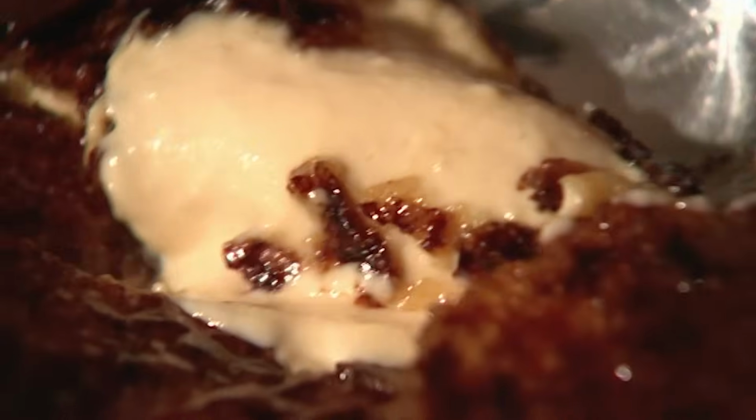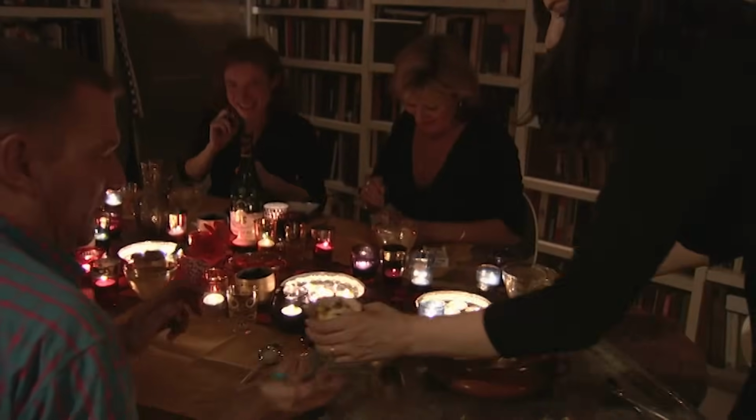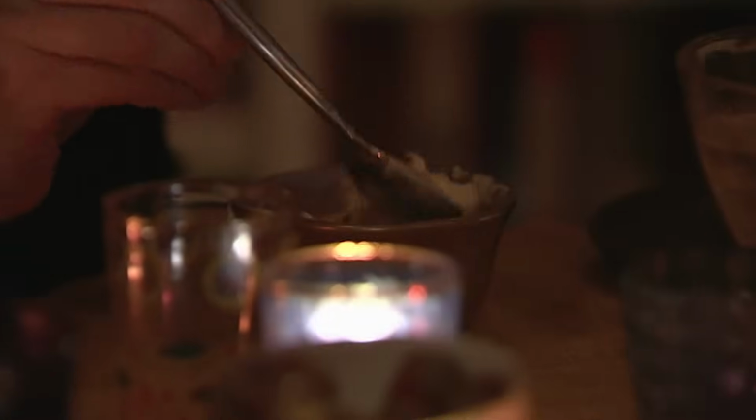Oh, the creme brulee is what we always order in Paris. It's so brilliant. Le sucre du